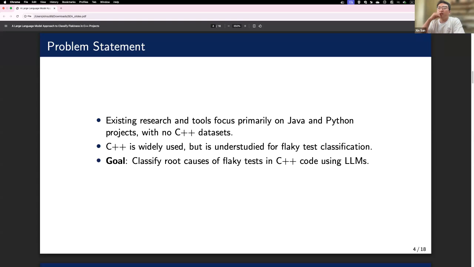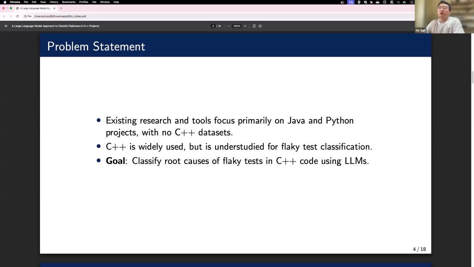Existing research and tools have made good progress on both detection and diagnosis, but with a strong focus on programming languages like Java and Python. So C++ remains underexplored despite being a widely used language, especially in performance critical and some legacy systems.